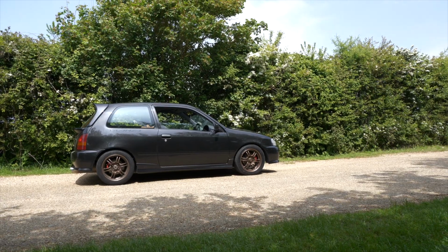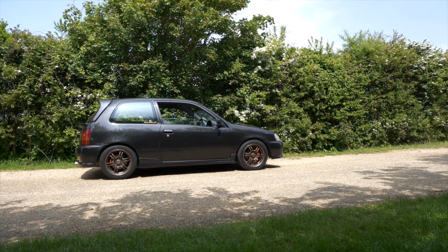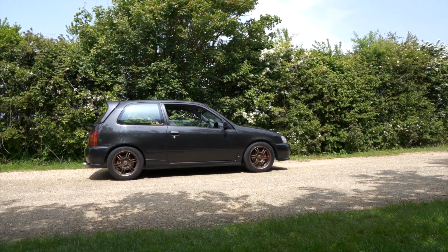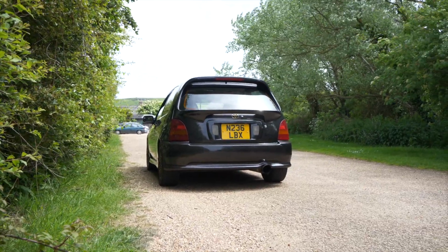I know cars have gone up in the past couple of years, but these have rightly so, and I did say years ago that they were very undervalued. I didn't really get why they were so cheap. And thankfully, as time goes on, I feel like more of these have maybe been parted out. A lot of them have died a painful death of blowing up because it's a 1.3 litre turbo engine trying to produce loads of horsepower. So that's made them a hot commodity, in my opinion, and it's made the prices go up quite a lot. A lot of Japanese cars have gone through the roof. This one specifically though,